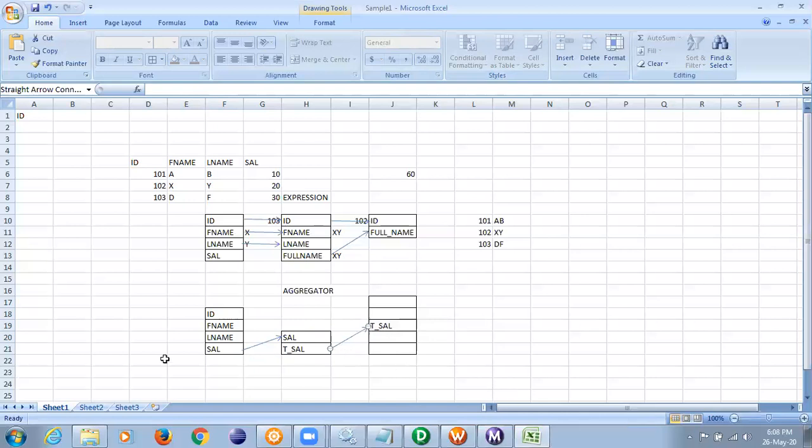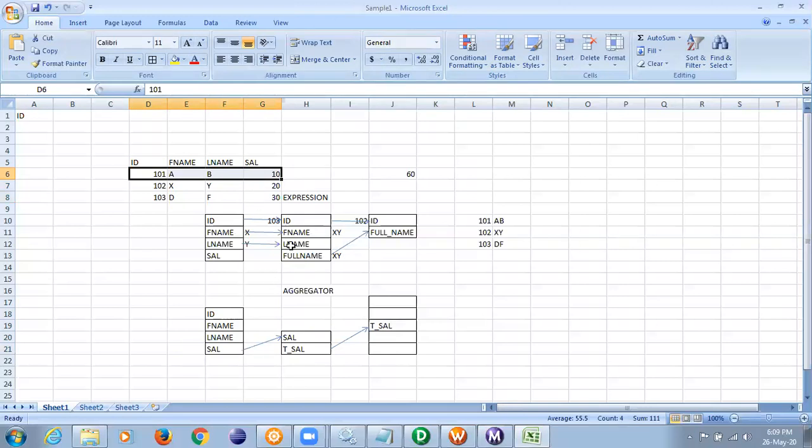Good. Next, once I have done that, when I run it, will the data come in a column wise manner or in a row wise manner? How will the data flow? Row wise. Whatever your requirement, the data will flow in a row by row manner only. Correct? So have I connected ID? No. So will ID go in the aggregator? No. Will A go in the aggregator? No. Will B go in the aggregator? No. Will 10 go in the aggregator? Yes. So 10 from here will go here. Now, what is the function I have written here?